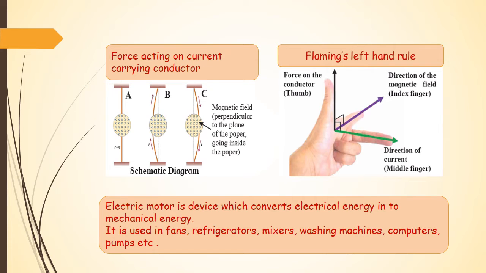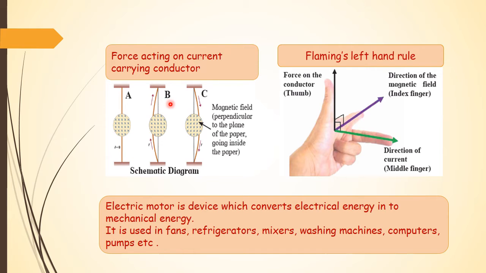If a current carrying conductor is kept in an external magnetic field, then it will experience a force. Now just see, this cross means what? A magnetic field is directed inward. Here there are three diagrams A, B and C. In the diagram A, you will find there is no current inside the wire and field is directed inside over here. So this wire appears to be straight.